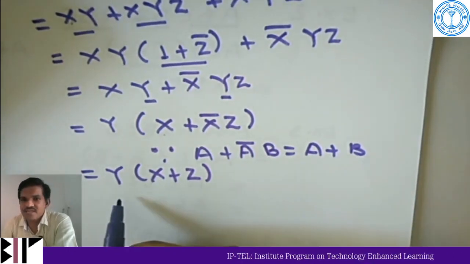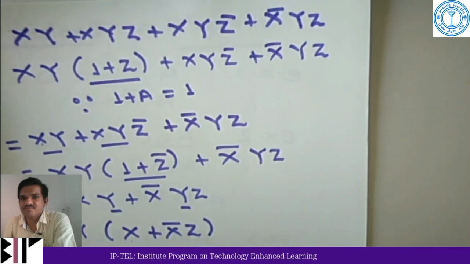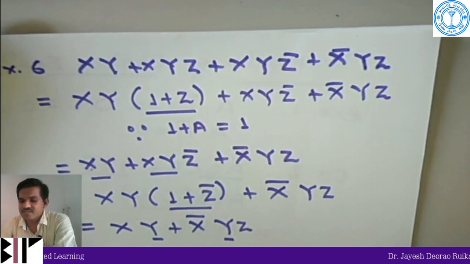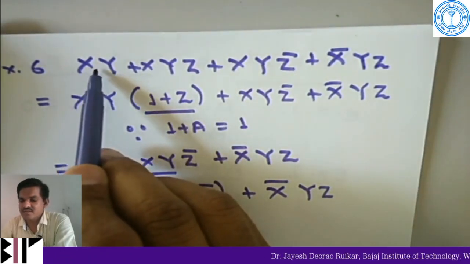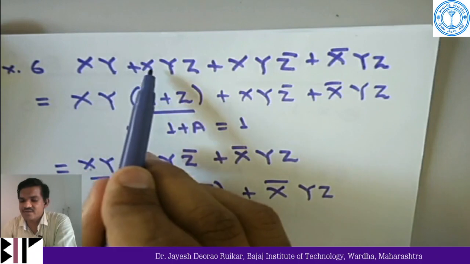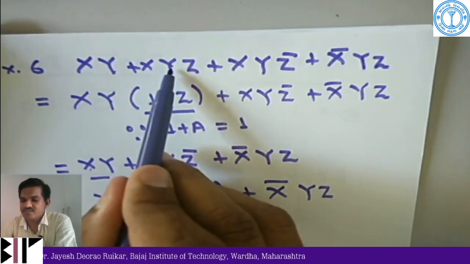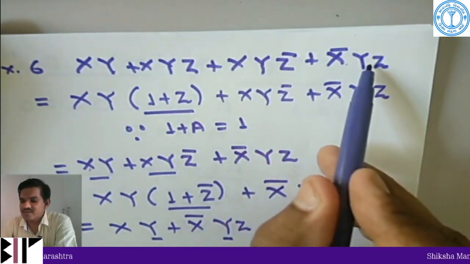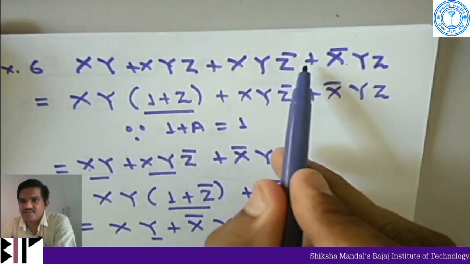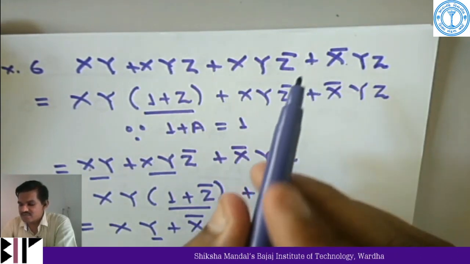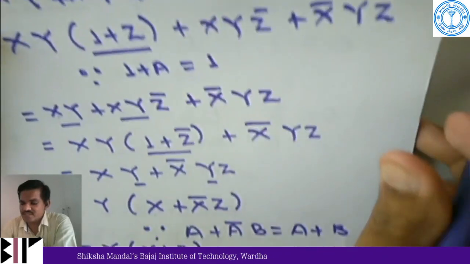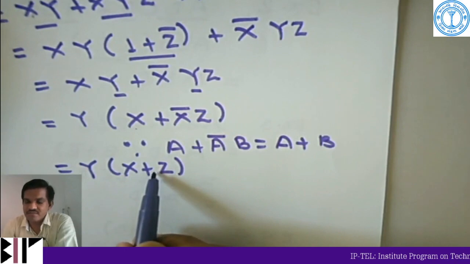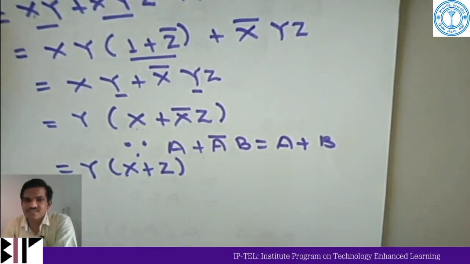Got this? Now you can see that when we look at this example, how many AND gates are required in this example? This x dot y, one AND gate is required here, an OR gate is required here, two AND gates are required, 1 plus 2, 3 AND gates, plus 2, 5 AND gates, then plus 2, 7 AND gates are required, and 3 OR gates are required. 7 AND gates plus 3 OR gates are required, whereas in the simplified expression we can see that only one AND gate and one OR gate is required. So that's why we are using minimization of Boolean functions.